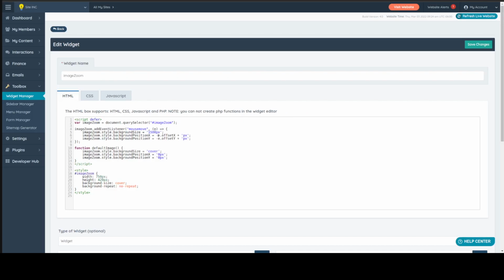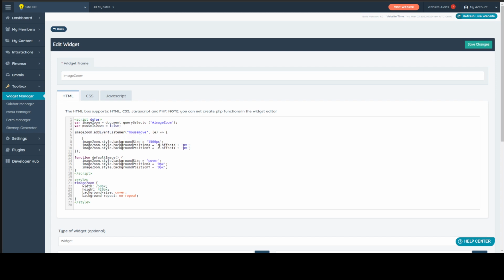So first, we're gonna tackle the on mouse up, on mouse down kind of thing. How do we tackle that? It's simple, it's a Boolean value. So we put mouse is down, false. Okay, and then inside here we say, well, if the mouse is down, then do the zoom effect. If it's not,